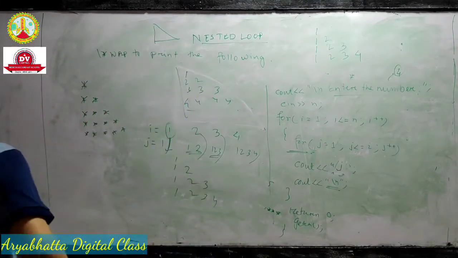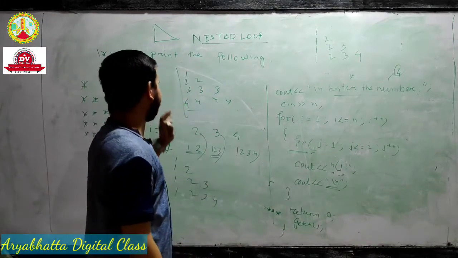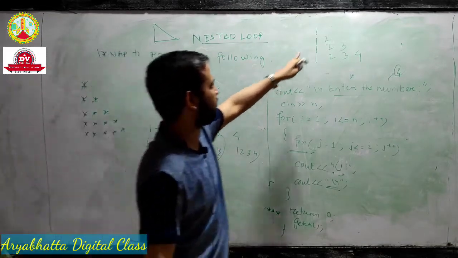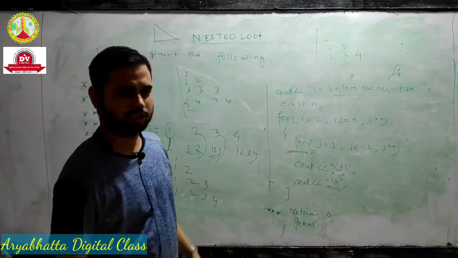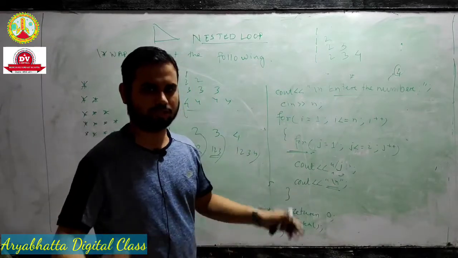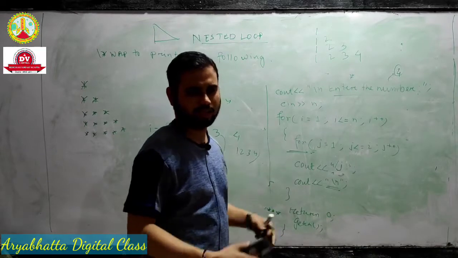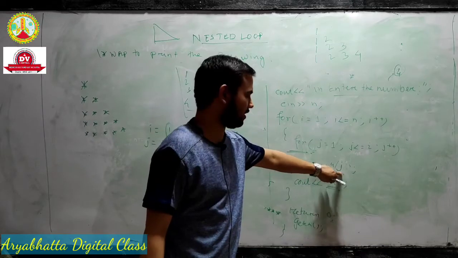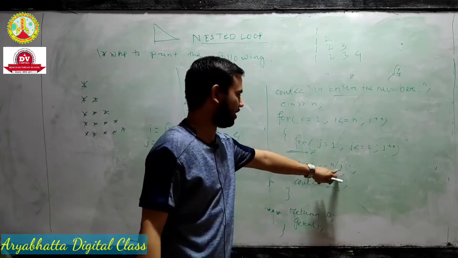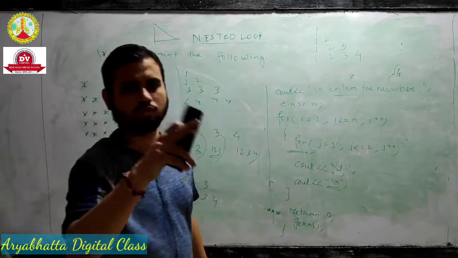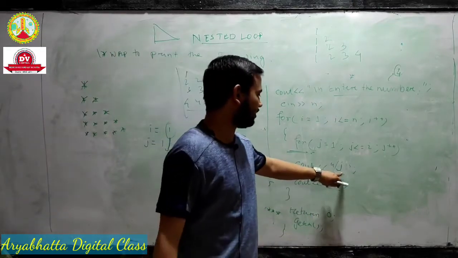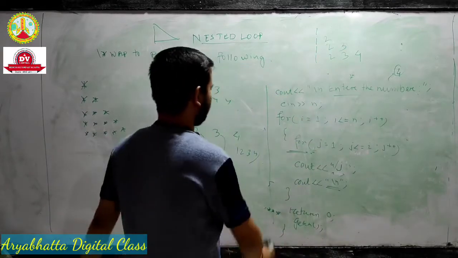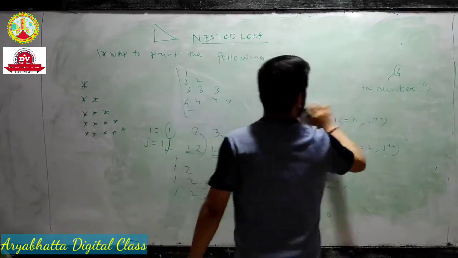Okay. In your exam, anything can come: sometimes in star format, sometimes in this format, or sometimes in this other format. That's why I will teach you all three concepts in one program. I don't write it 3 times because it is the same concept, with only one difference here. If you write star here, it comes in star format; if you write I, it gives 1, 2, 2, 3, 3, 3, 4, 4, 4, 4; if you write J, it comes like 1, 1, 2, 1, 2, 3, 1, 2, 3, 4. Okay, this is for the nested loop program.